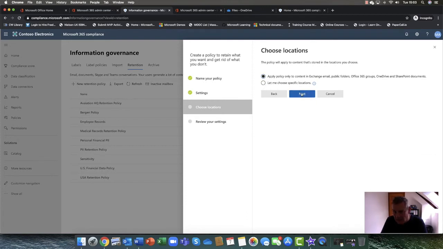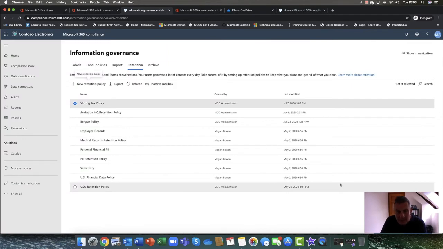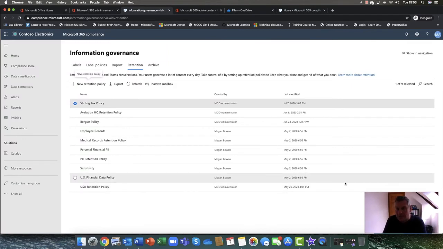Let's add them all in. So I'm going to click comply, create the policy, and there we go. We've now created a data loss prevention policy as well. Now, in terms of security, one other place that I would like to show you, I'm going to go into